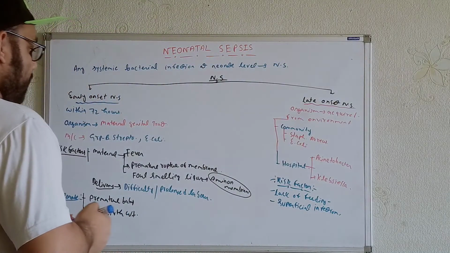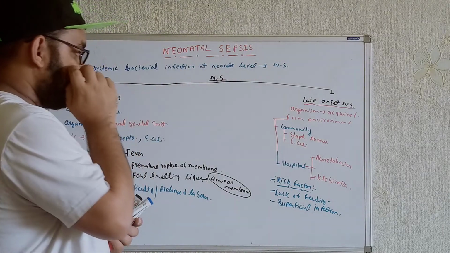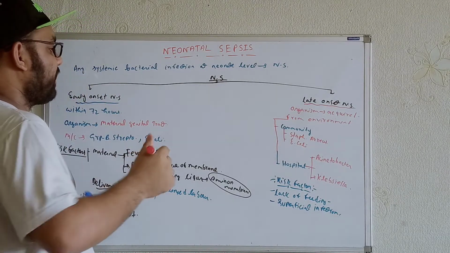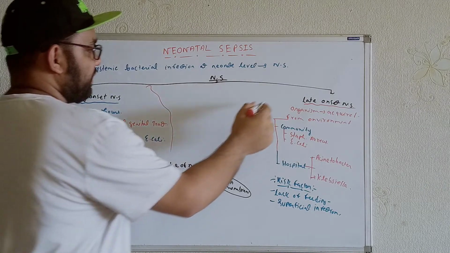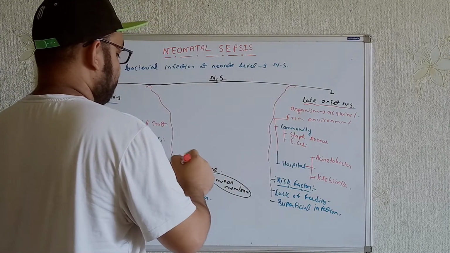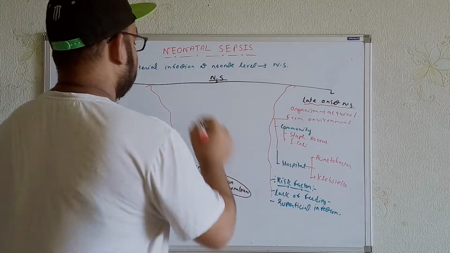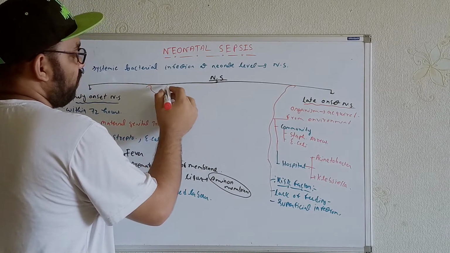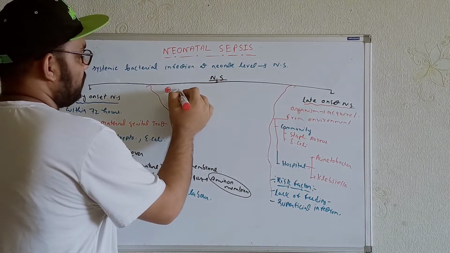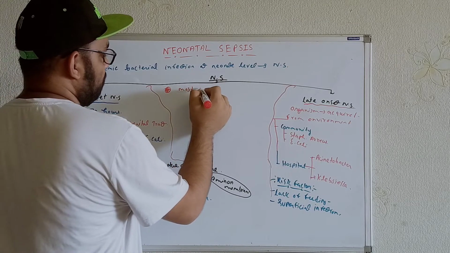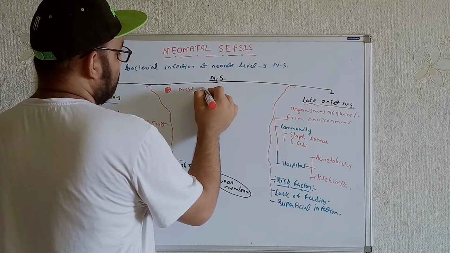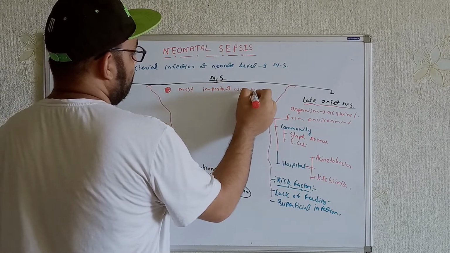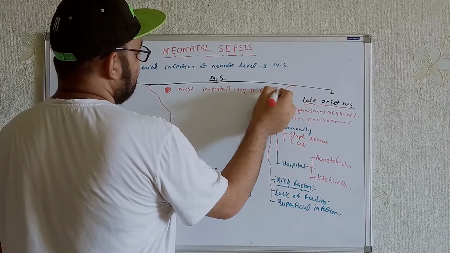Now there are some important MCQ questions from here. Whatever questions they can ask in the exam, for example, they can ask what risk factors we are getting, the causative organisms and the source of organisms. So one important question is, what is the most useful way to prevent neonatal sepsis? We can write here the most important way to prevent sepsis.